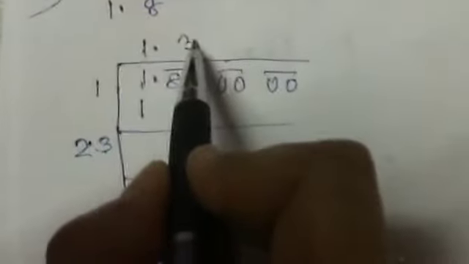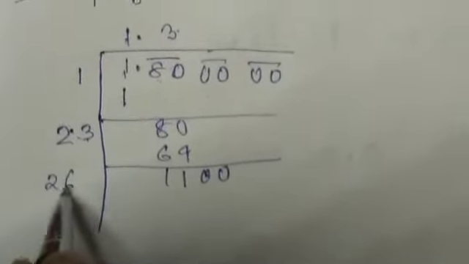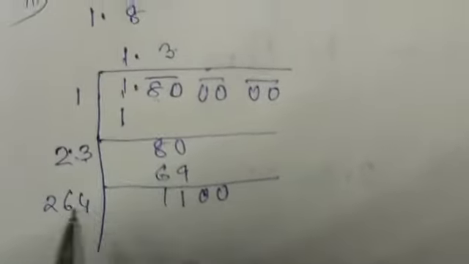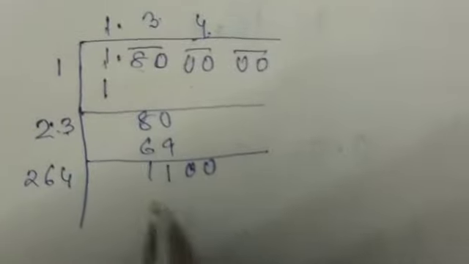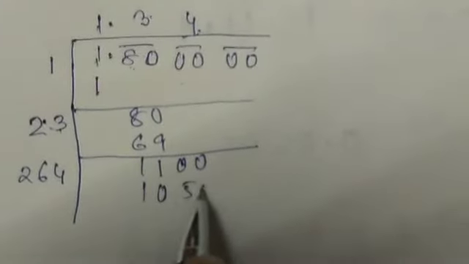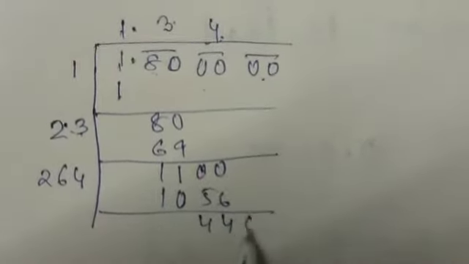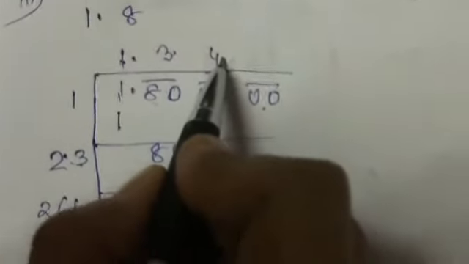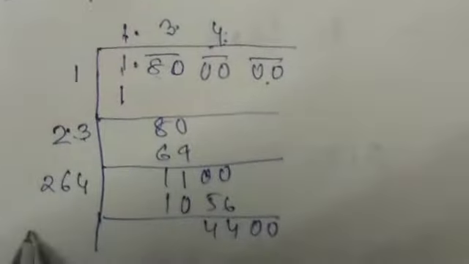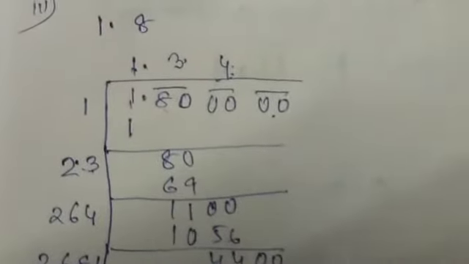This time we have 13, not 1.3, we have 13. 13 you make twice, it comes 26. Here if I place 4, then there also to be placed 4, so the number comes 1056. Here it is 44, 1 pair is left. Okay, so 134, now you make twice, it gives you 2681 and 8